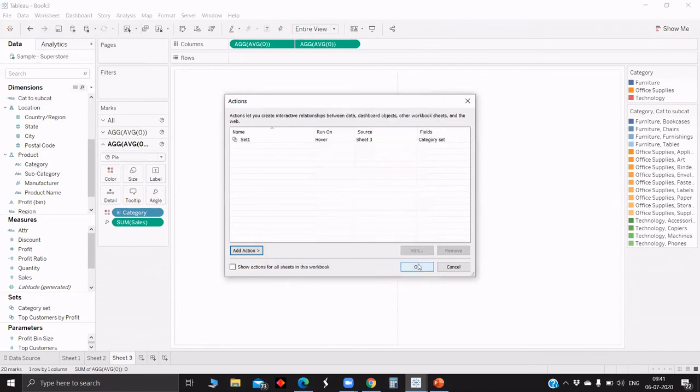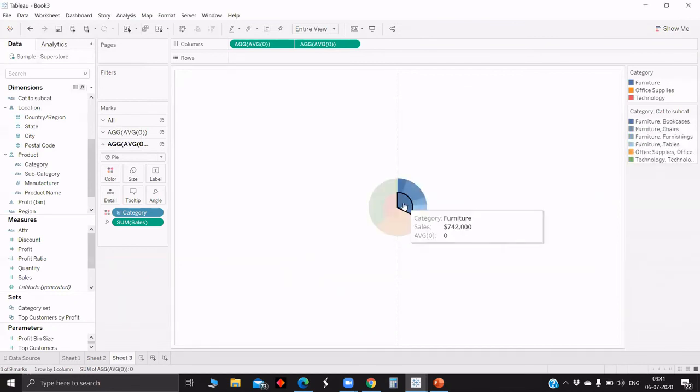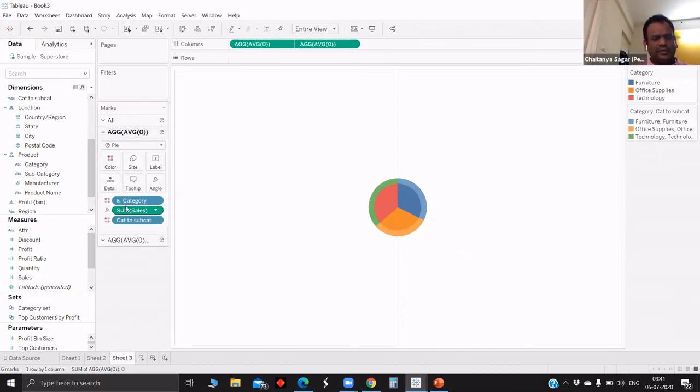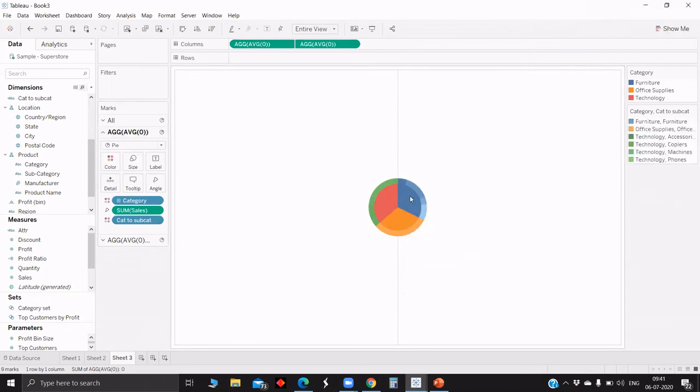Once we increase the size, what exactly is it doing? Basically, once you mouse over, it highlights all the subcategories which fall under that category.